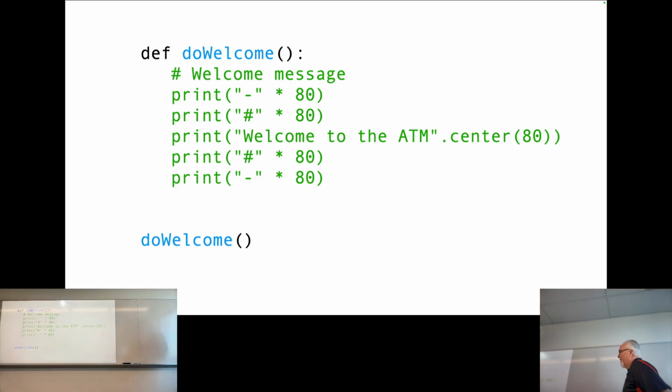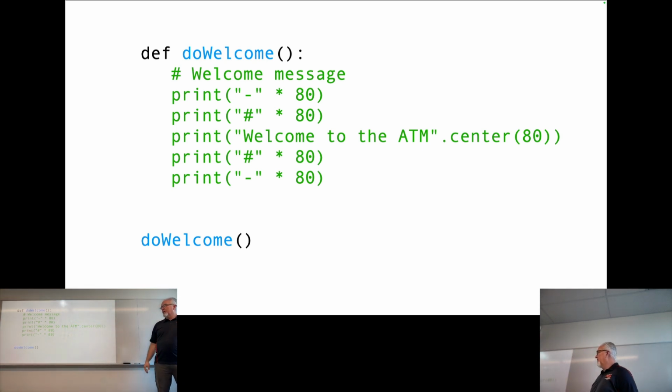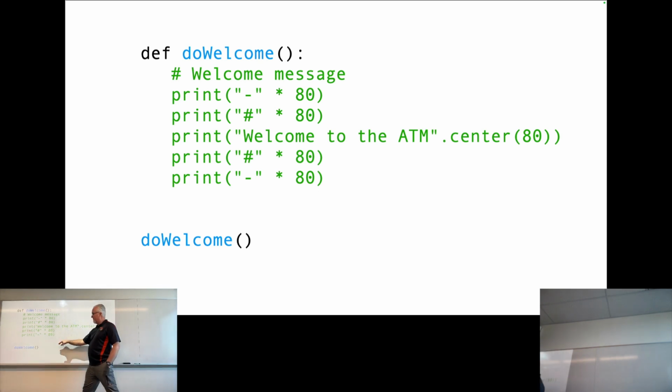So this is an example of a custom function that does something very simple and takes no arguments, right? So it's called do welcome. And what it does is every time I type this, it executes this code. So I'm taking these 5 lines of code and a comment, and I'm putting them inside here so that anytime I want to do that during my program, I can just type do welcome with the parentheses. And notice when I'm calling the function, there's no colon also. Okay, so that is a very, very simple